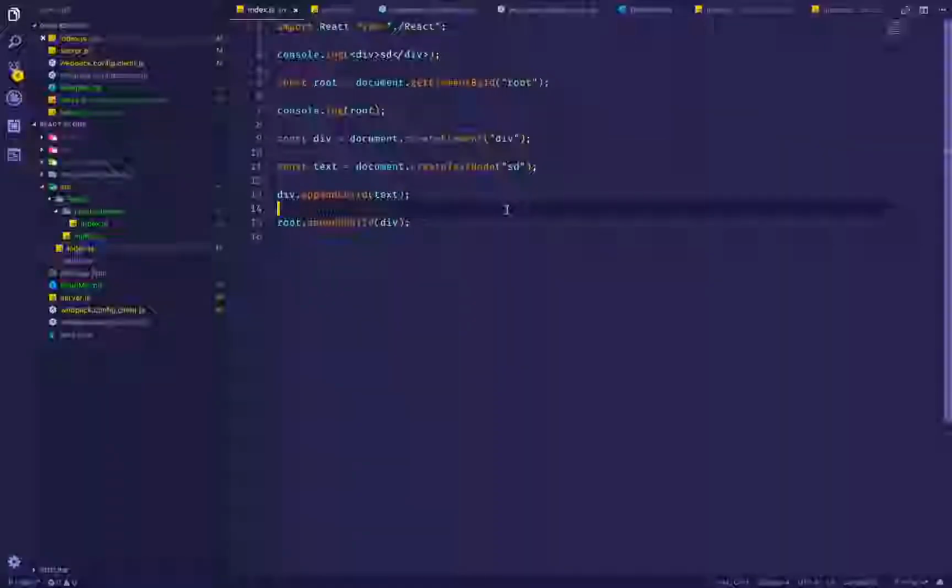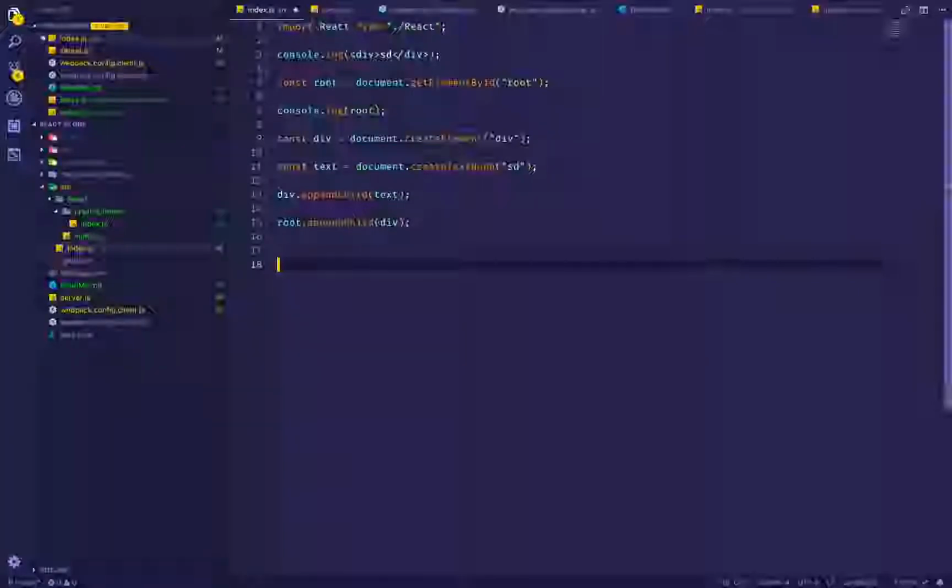We want to generalize this element creation in such a way that we can just call a function basically with React elements,